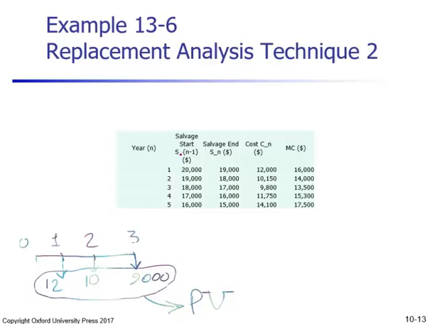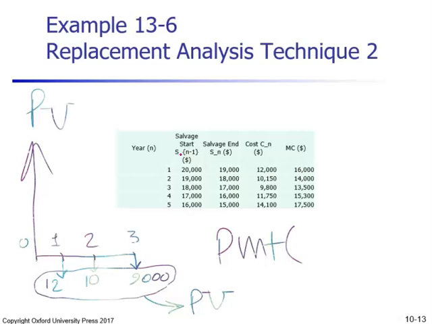So you get the present value here, okay? For example, here you get the present value. You get the present value, and when you have the present value, go with PMT and put the rate, present value, and get the PMT